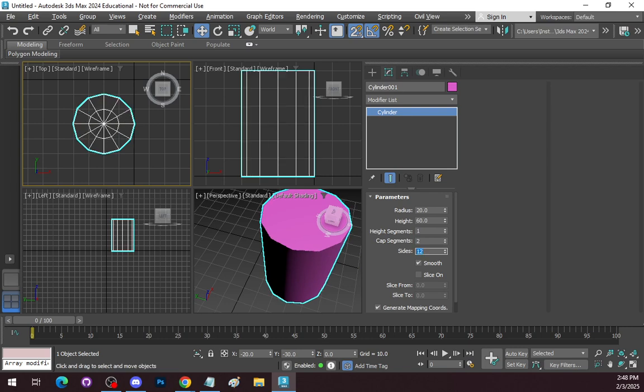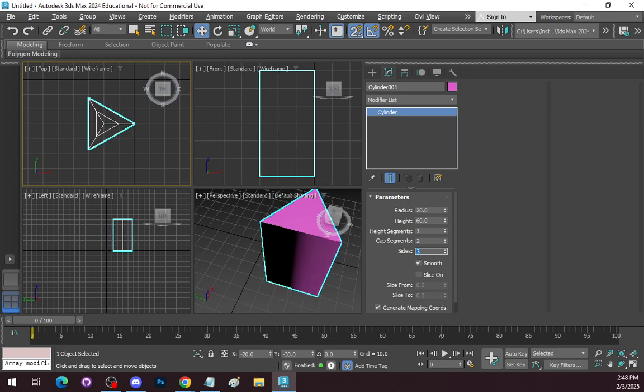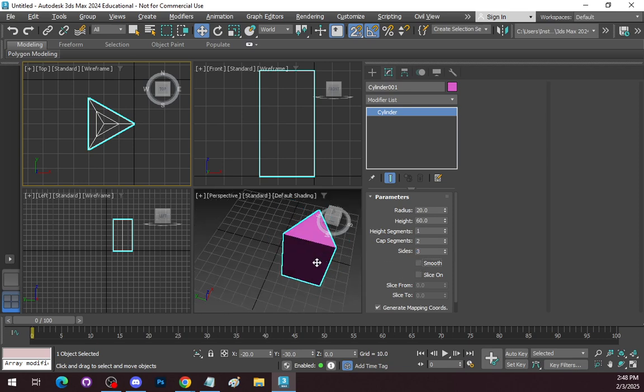12 is a good number. You can see you can go down to 8 for lower poly. For much older games, they used 3 for their cylinders. The original Battlefield game, for example, did that. So you have control of how it is. Again, you do want to keep it smooth right now. If you turn off smooth, it basically says that these